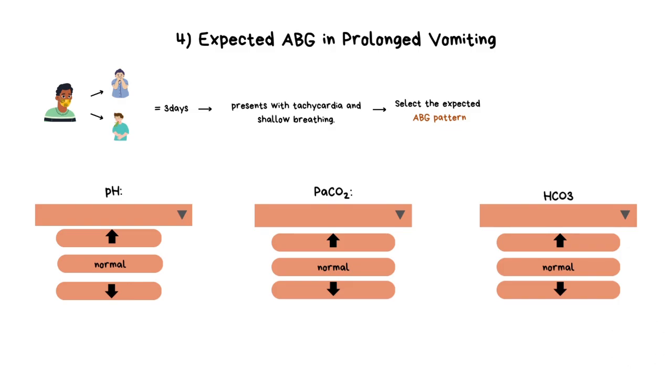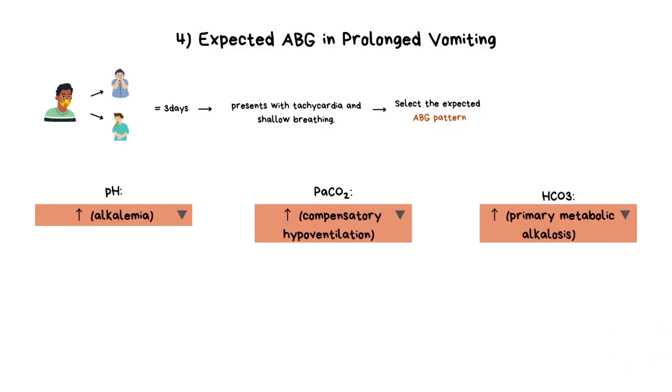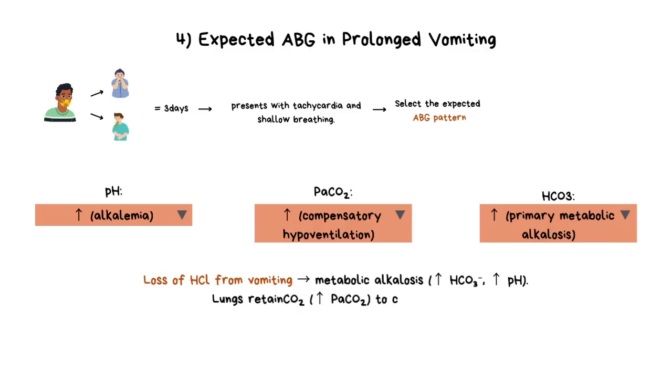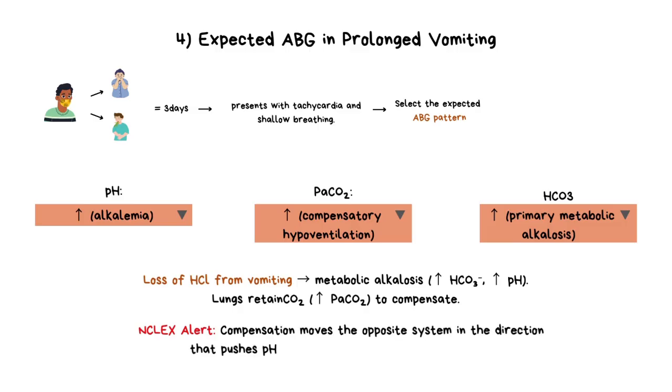The correct answers are pH is up, indicating alkalemia. Carbon dioxide is up, showing compensatory hypoventilation. Bicarbonate is up, the primary cause, metabolic alkalosis. Rationale. Vomiting removes gastric hydrochloric acid, leading to metabolic alkalosis. This raises both pH and bicarbonate. To compensate, the lungs retain carbon dioxide, increasing PaCO2. NCLEX alert. Remember, in compensation, the opposite system shifts in the direction that brings pH back toward normal, but never